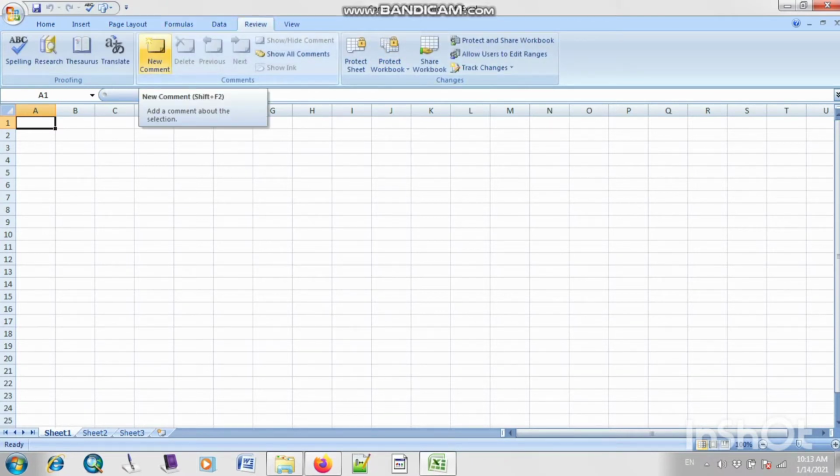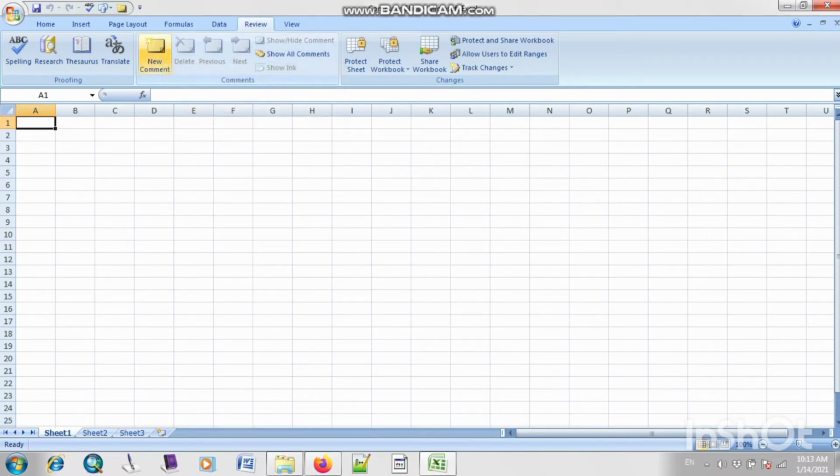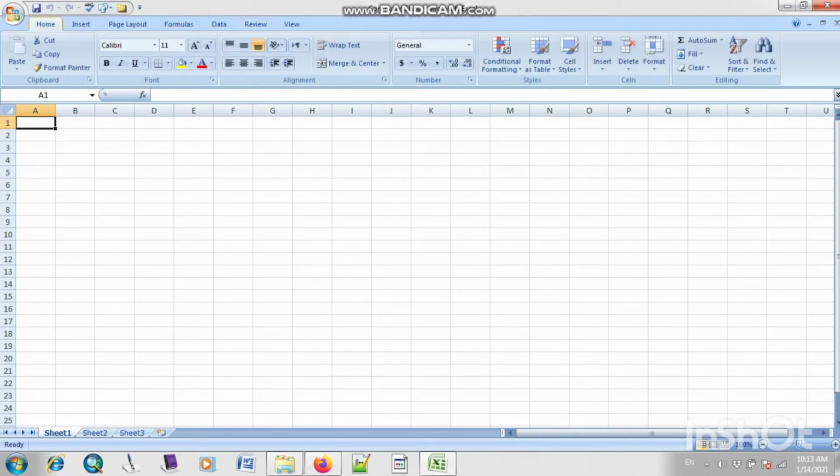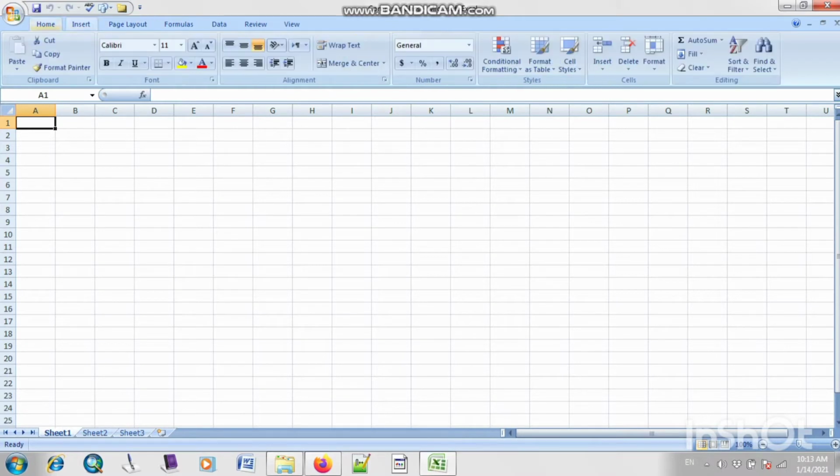Like for example, here I have an option of new comment. I will right click, and as you can see, this option of add to quick access toolbar. When I click on this option, it will automatically add in your quick access toolbar. So basically, quick access toolbar is used if you want to insert your different icons on this bar, and you can use it whenever you want, so that you don't have to search from different tabs where is that icon. And if you are in hurry, then you can simply